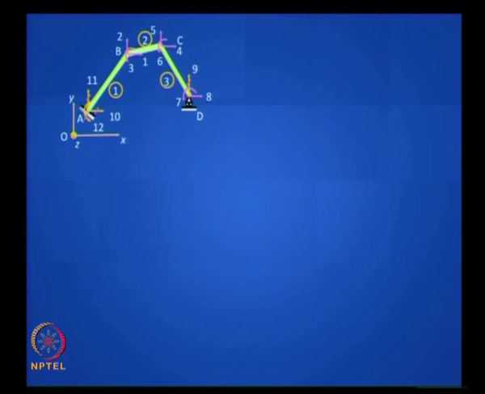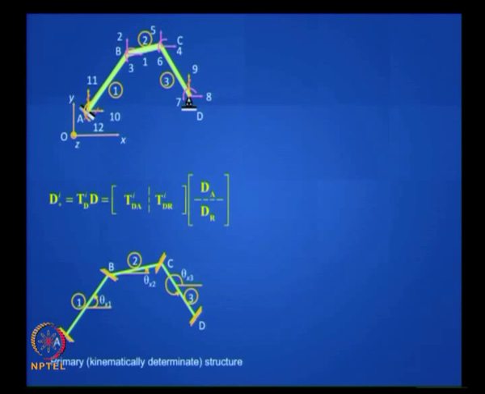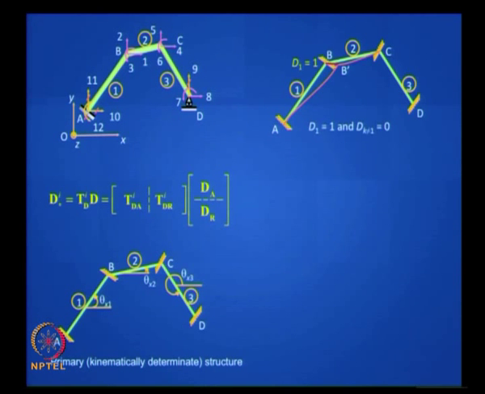Let us just try to understand what that means. Take this same structure, let us see what it means for the ith element. What should we do? Well, really we are trying to first arrest all the degrees of freedom. So you got the kinematic structure, all degrees of freedom arrested, then one at a time, let us say d1 equal to 1, you get a shape like that. We are trying to see the effect of this in each of the element stiffness matrices, each of the element displacement vector, that is what we are trying to see.